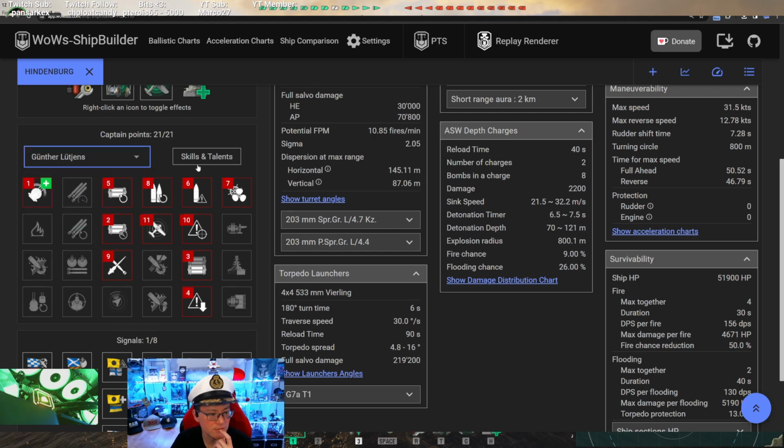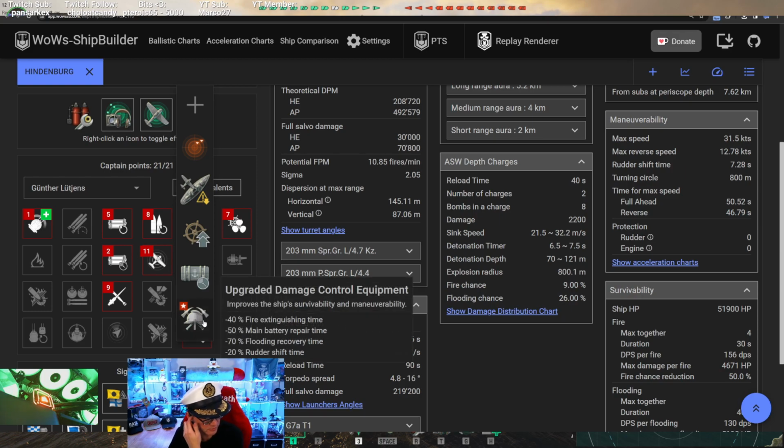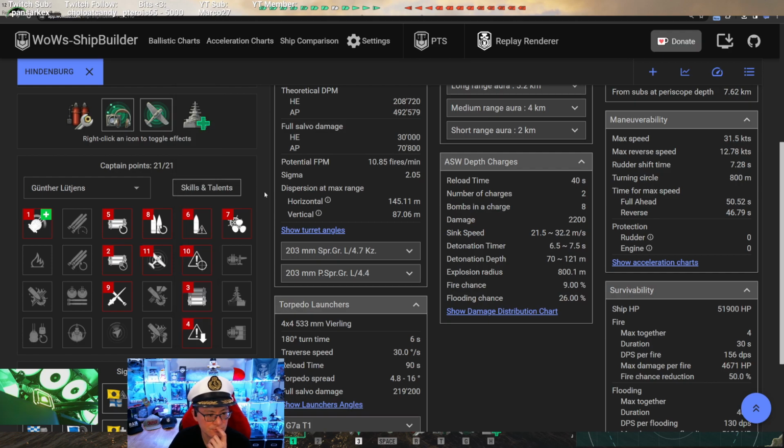I hate the legendary module. So the unique upgrade for the Hindenburg basically makes it so you don't burn or flood as much, or your rudder gets broken, it gets repaired pretty quick. It's very good if you want to be a damage sponge. If you want to be somebody that's out there getting shot at by people and you just refuse to die, this isn't a bad option. The thing is, the